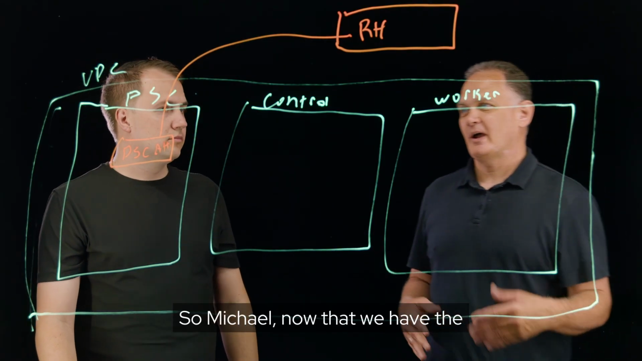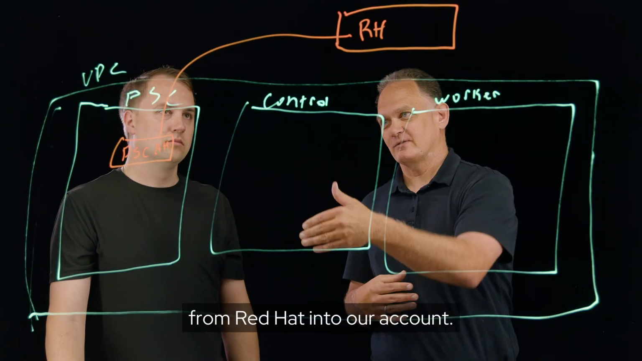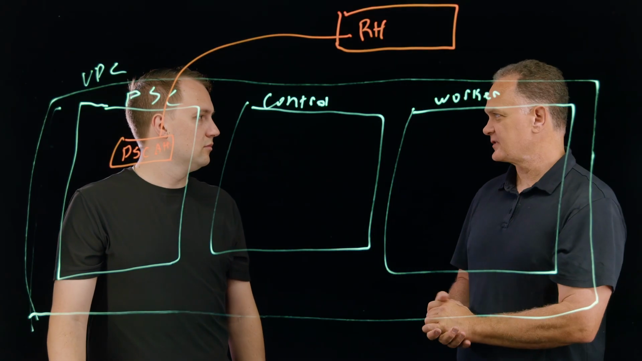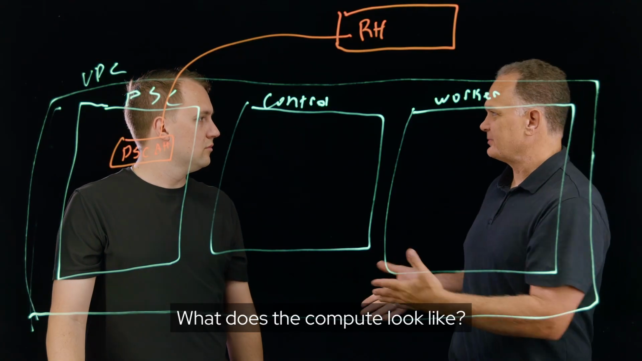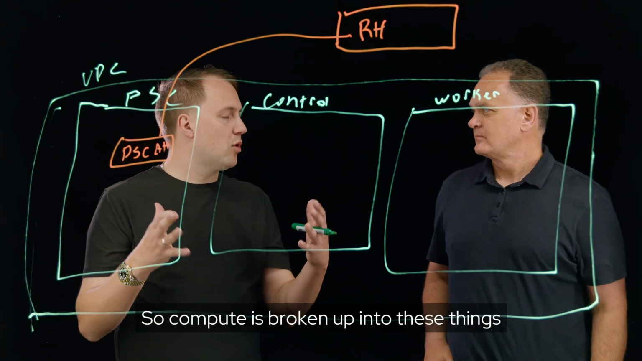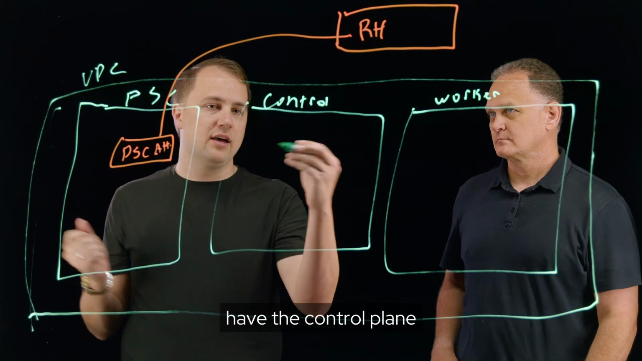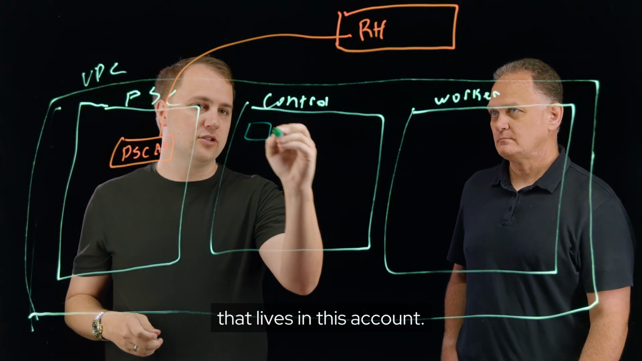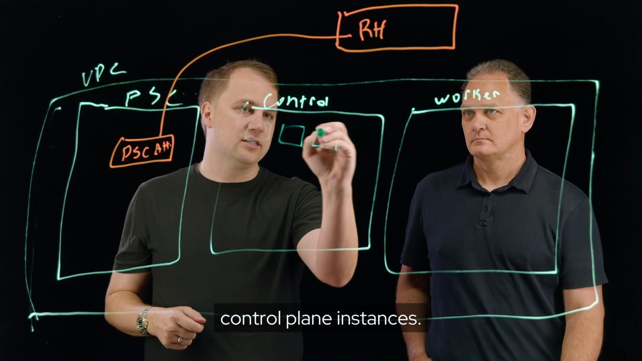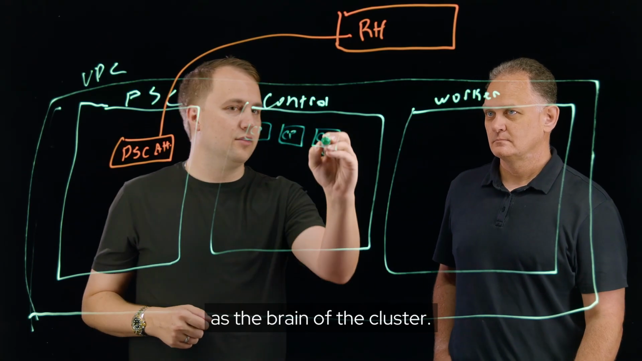So, Michael, now that we have the networking in place, we have our VPC, we have the connection from Red Hat into our account. What does the compute look like? How do we actually run workloads in this cluster? Yeah, absolutely. So compute is broken up into these things that we call machine pools. And so by default, you have the control plane that lives in this account. So you've got 3 control plane instances, and those live as the brain of the cluster,